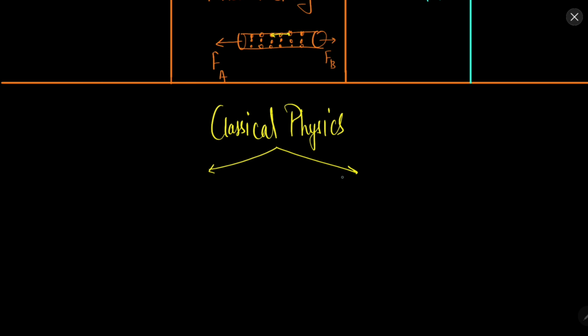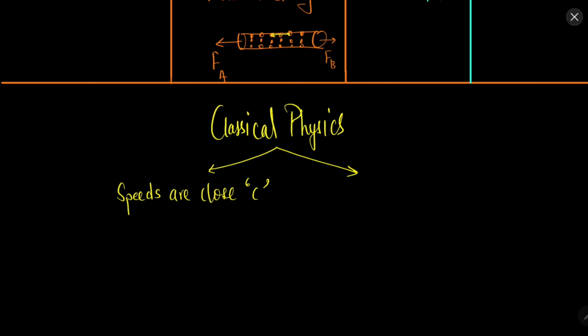So one thing you need to keep in mind is that classical physics is not applicable in two situations. One is when the speed is very high, close to the speed of light, c, 3 into 10 to the power 8 meters per second,